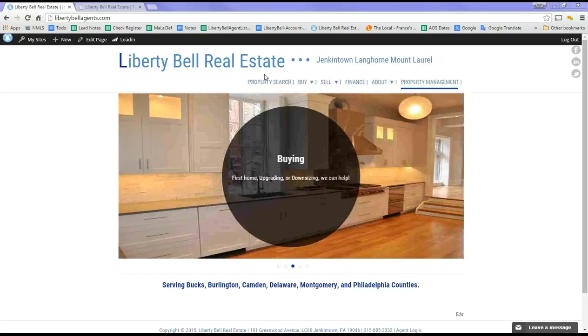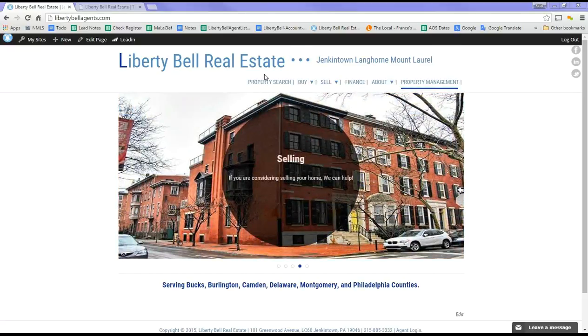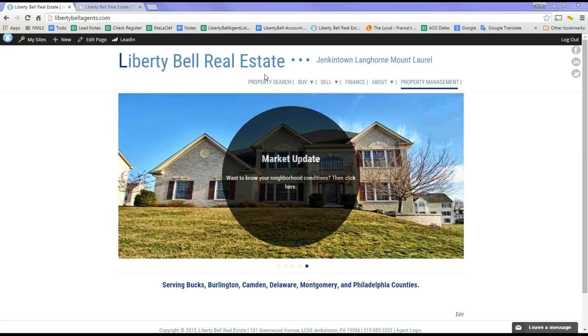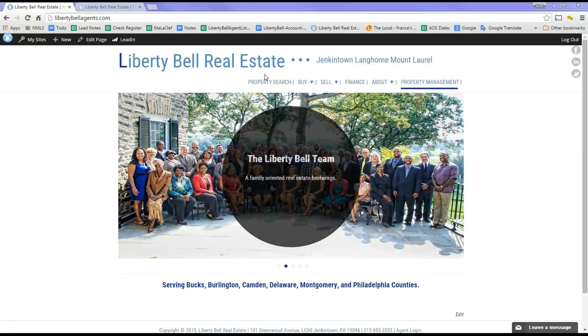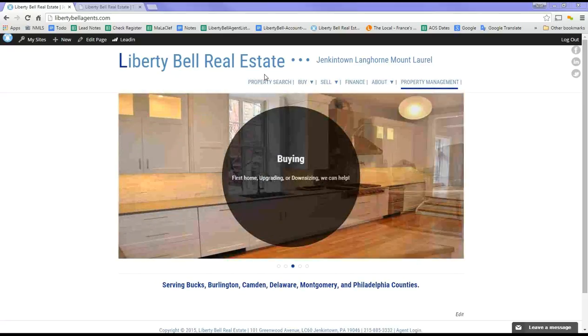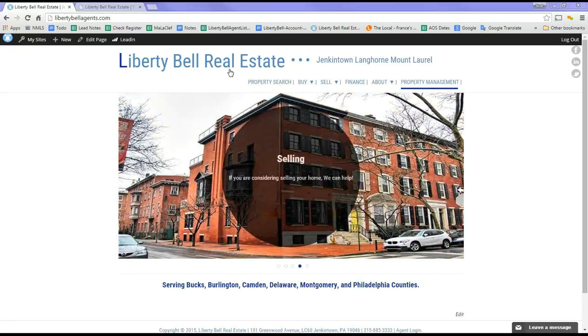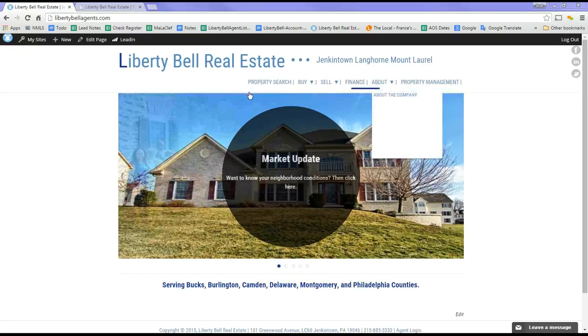Okay, so I'm going to go over the Liberty Bell website and the different functions that we have with our new site, and also how it pertains to the agents. So right now we are looking at the Liberty Bell main site for the office, and you'll see that it says Liberty Bell Real Estate and then Jenkintown, Langhorne, and Mount Laurel, and then you'll see the other tabs,